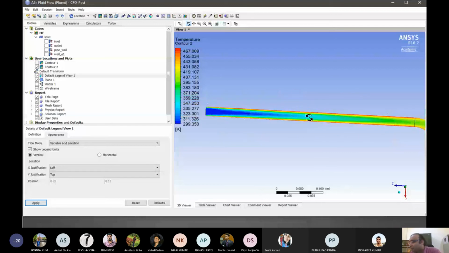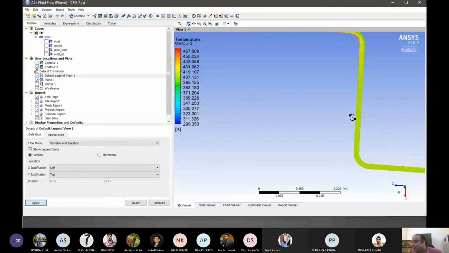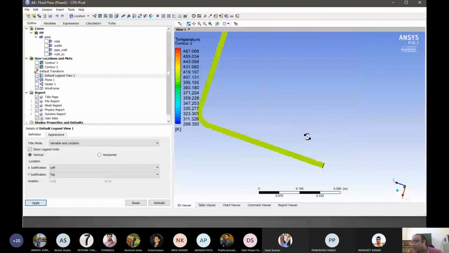So how the temperature is increased and how it basically transfers throughout the pipe or tunnel to the end of it.